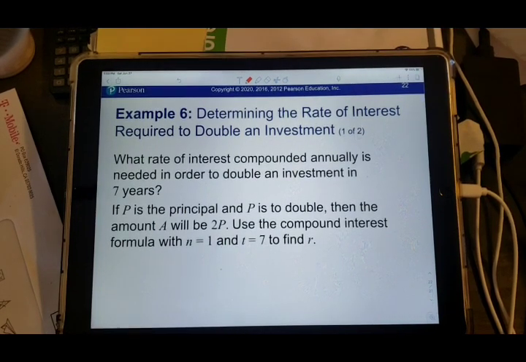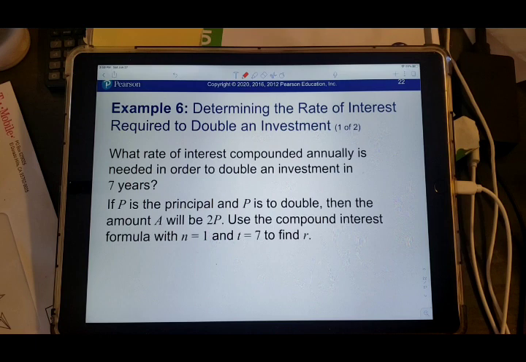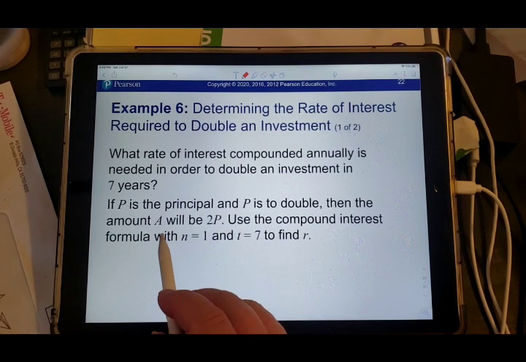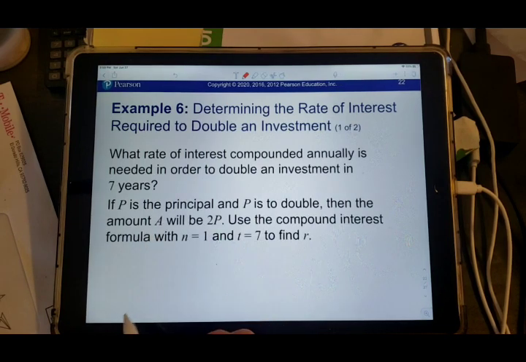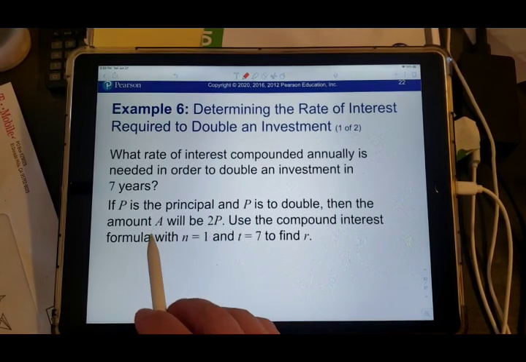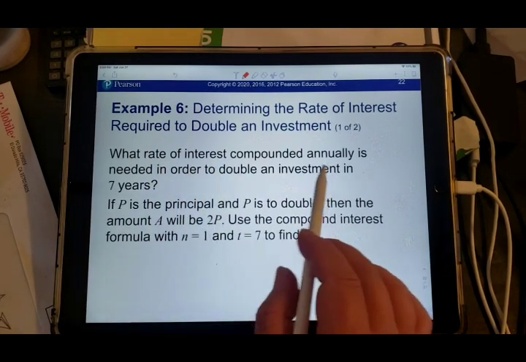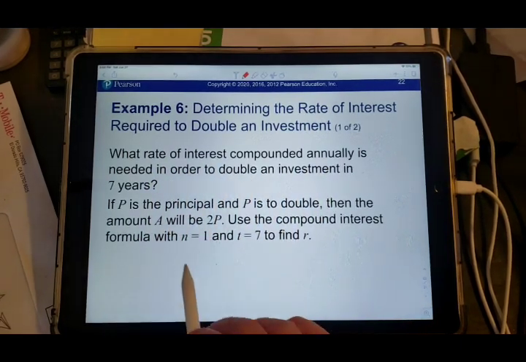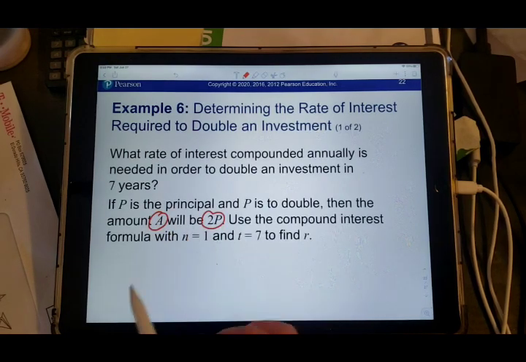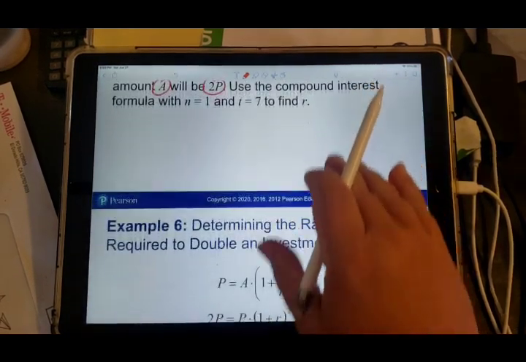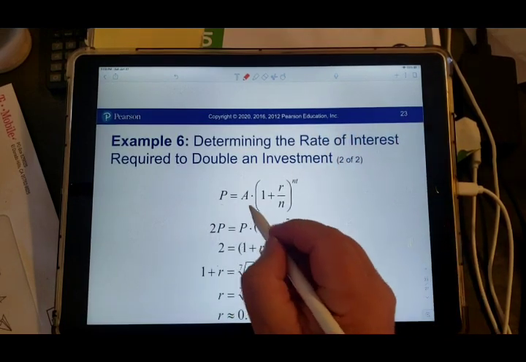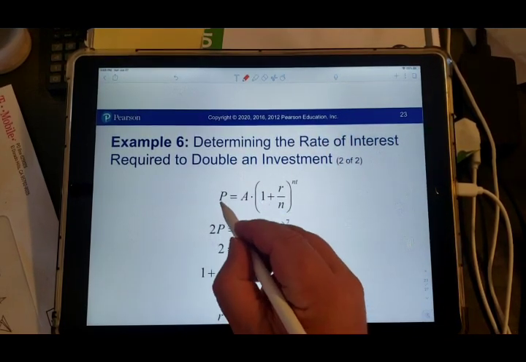So that's those ideas. I want to get to probably the most common type of question in this section, and that is using these formulas to calculate what we call doubling time. So let's look at an example, but they want you to find the rate of interest compounded daily to double your money. And here's the trick you need to know. So we're going to use the same formulas we had before, but doubling means